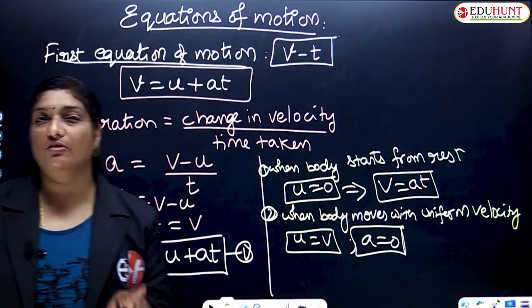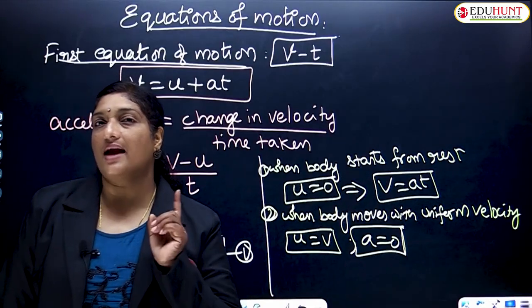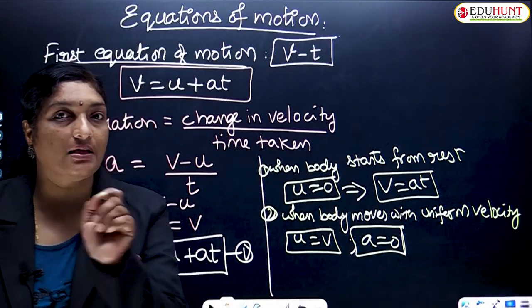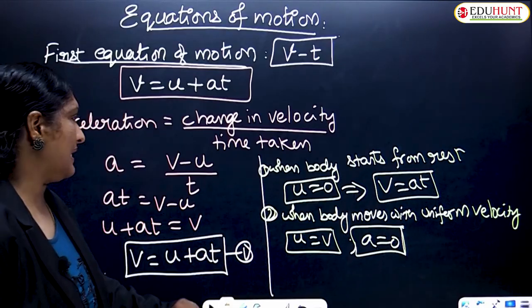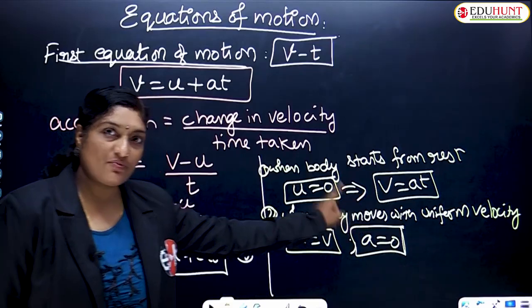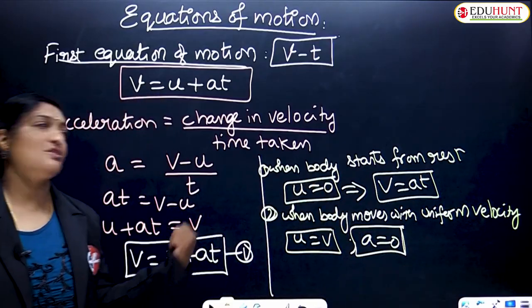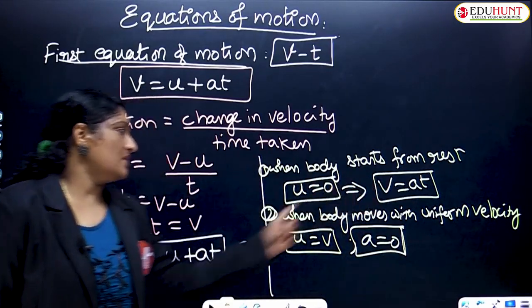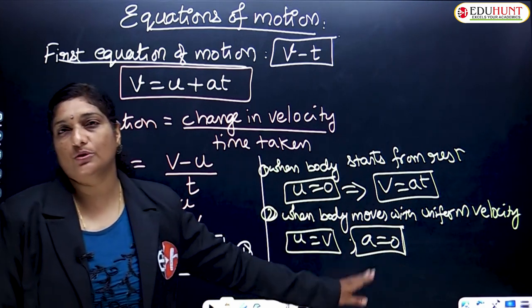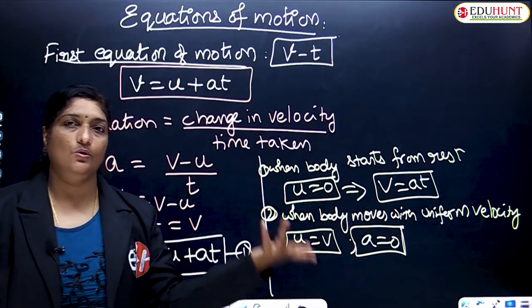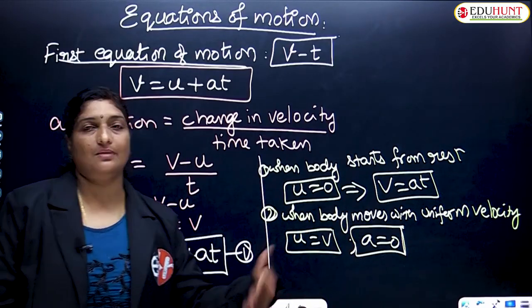So, what is the first equation of motion, children? It tells us the relation between velocity and time, and the formula is v equals u plus at. Whenever the body starts from rest, initial velocity u equals 0, then the equation turns into v equals at. And whenever the body moves with uniform velocity, there is no acceleration, a equals 0, that means v equals